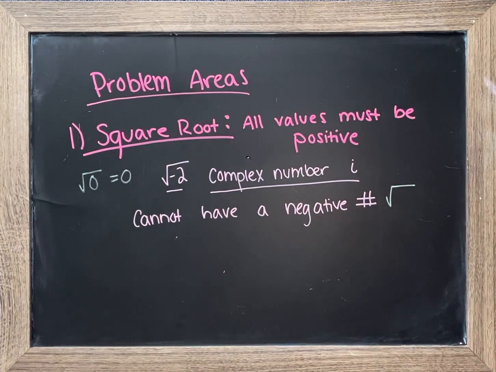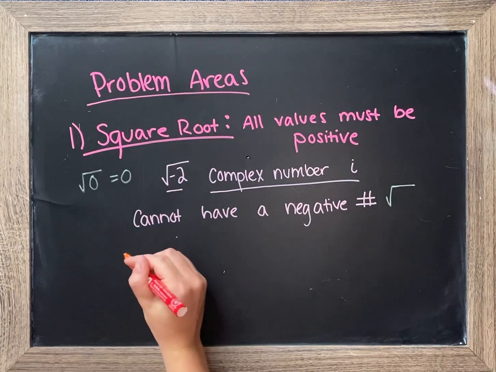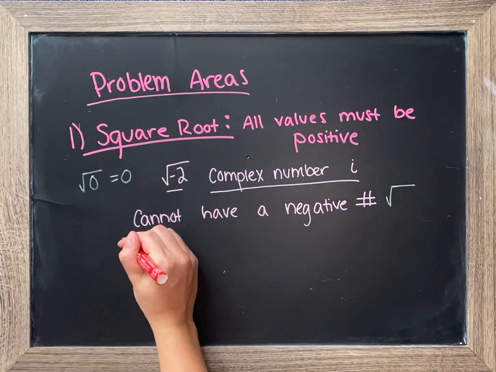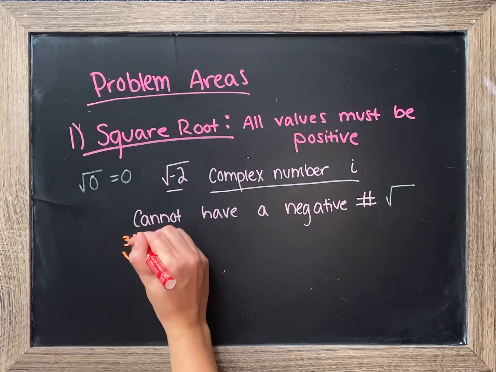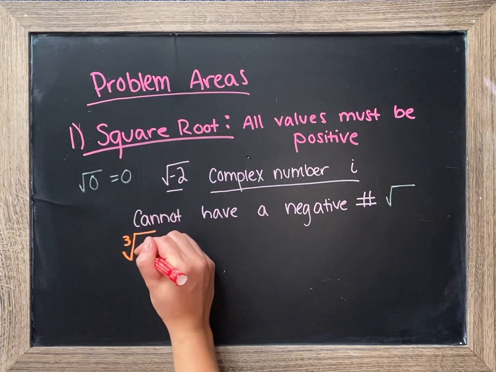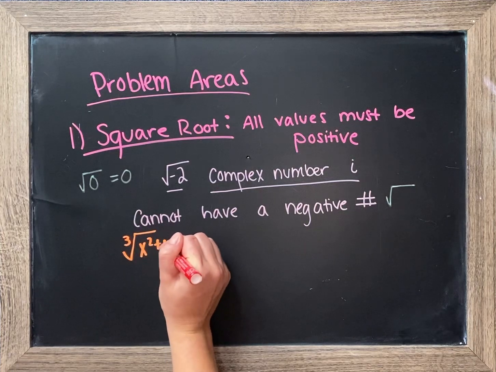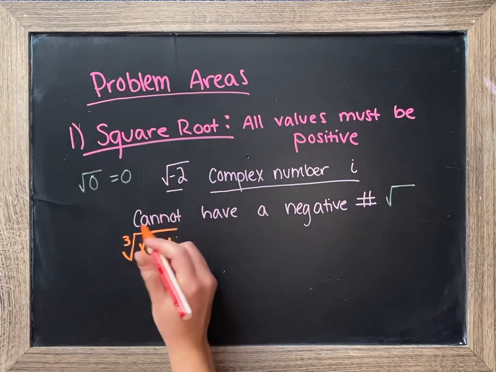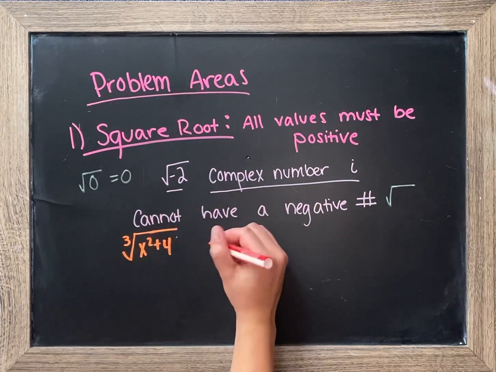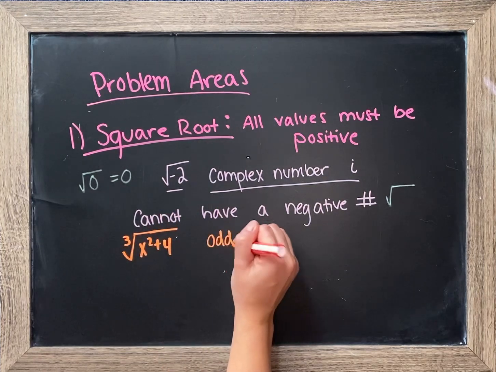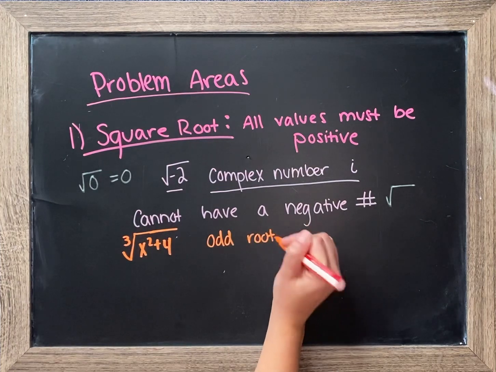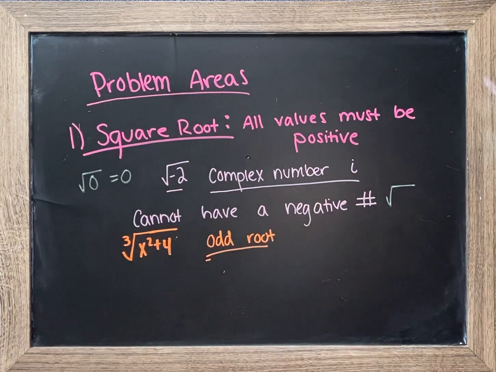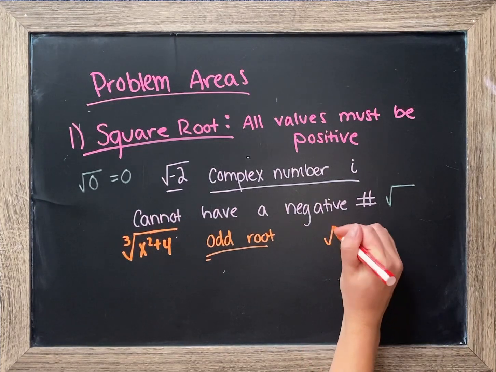And then just a quick note for everybody to recognize as well is that you can have a negative in a cubed root. So if we're talking about the cubed root of x squared plus 4, something like this, if your root is cubed or if it's an odd root, these rules do not apply because you can have a negative value in a cubed root or an odd root. Like this number